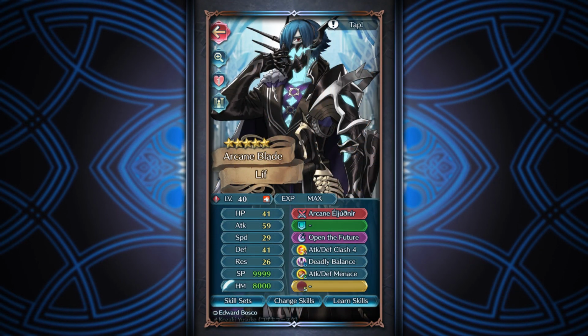And then finally, we have Rearmed Lif, who has a lot of fodder actually. He has his PRF, which can be granted to any sort of sword unit. His attack defense clash 4, which is the one we'll mainly be going over, and an attack defense menace, which